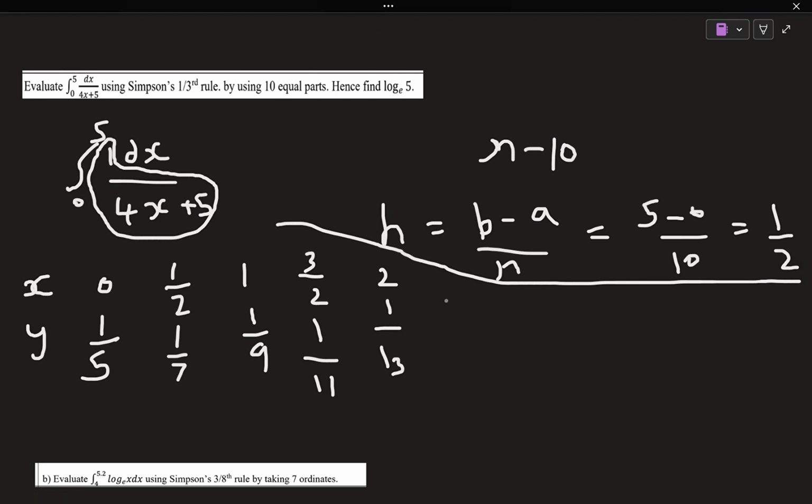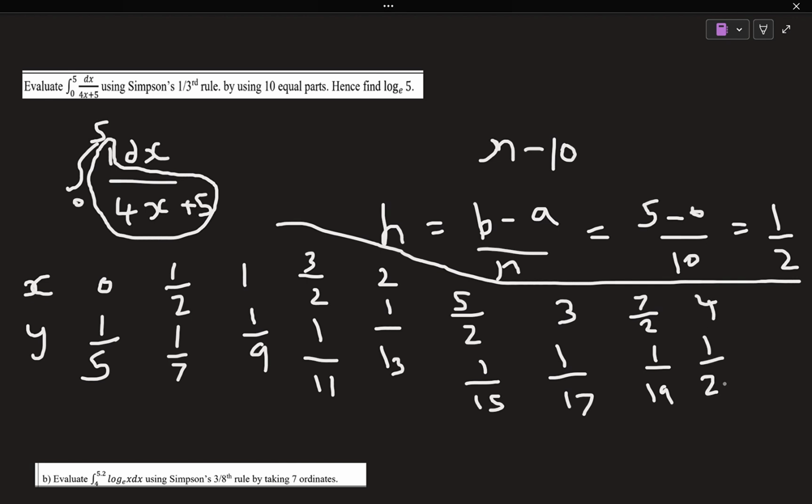After 2, 2 plus 1 by 2 is 5 by 2. When x is 5 by 2, my y value is 1 by 15. When x is 3, my y value is 1 by 17. When x is what will it be? I think it will be 7 by 2. Yeah, 7 by 2, 1 by 19, 4, 1 by 21,